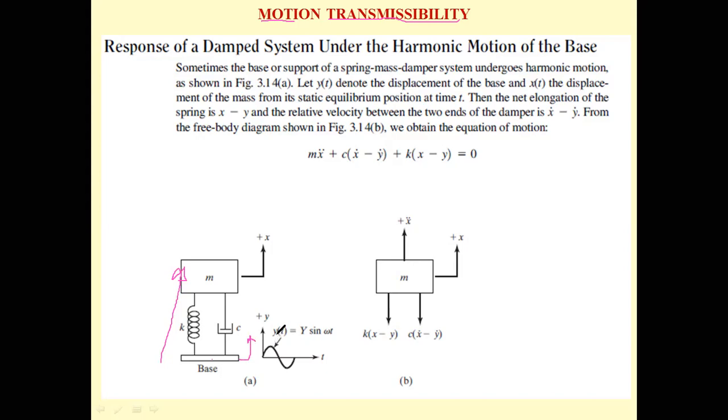amplitude y of t, that is y at any time t is equal to capital Y sine of omega t. So this is the curve for y of t equals capital Y sine of omega t, where Y is the maximum displacement, and this is a sine curve with time and omega. If you see, this is the displacement of mass in vertically upward direction,